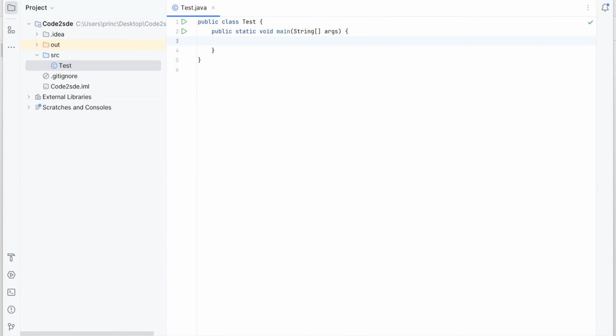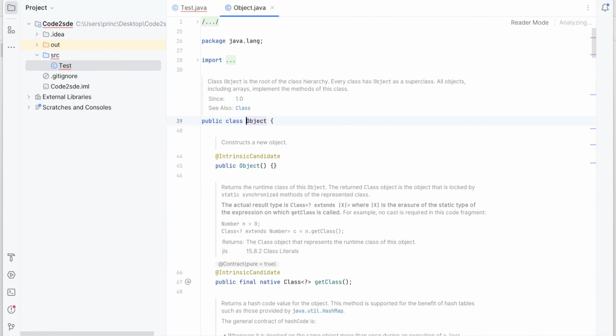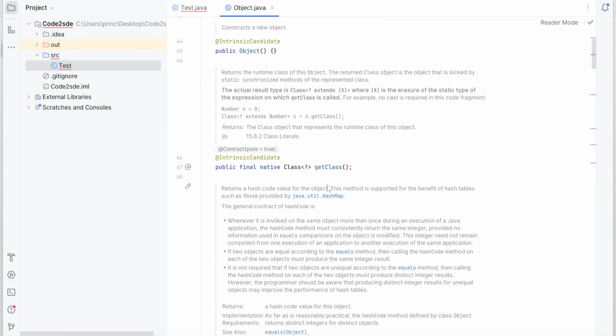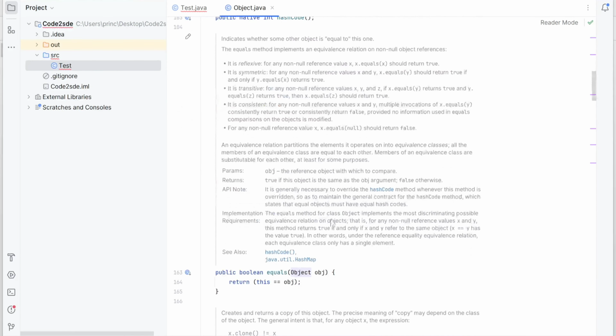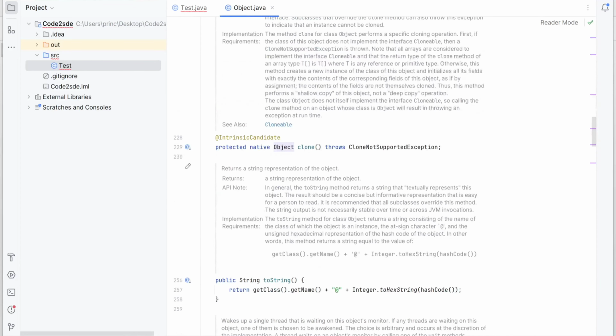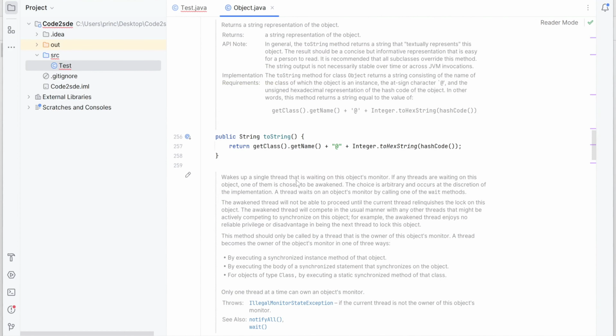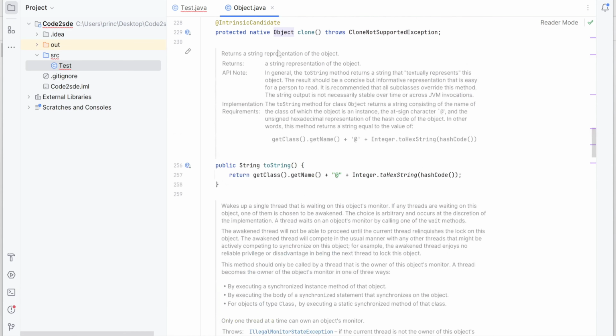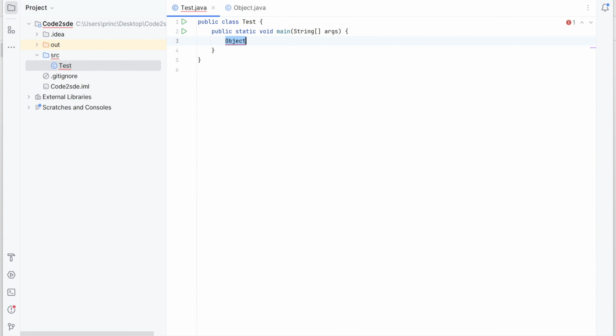So now let's see the Object class in Java. If I write Object, you can see this is in the java.lang package. And there are various methods like getClass, hashCode, equals, clone, toString, and many more. We can call these methods on any object in Java because Object is a parent class to every class in Java. Also, we can override some of the non-final methods of the Object class like toString and equals, we will see how we can override, and even the clone method which we'll have to override anyway. So let's start with the getClass method.